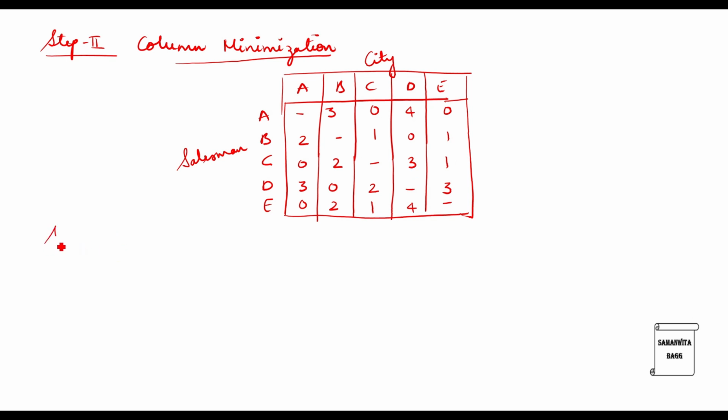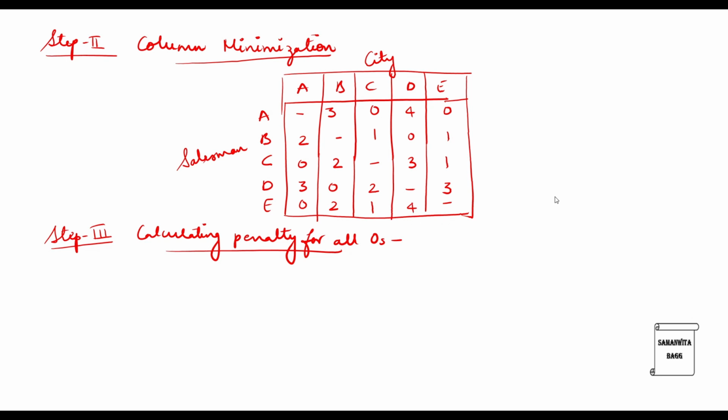Now we will go for step 3. This is something which is specific to the traveling salesman problem, because steps 1 and 2 you have used in the other assignment problems as well. So I will be calculating the penalty value for all the zeros that are present. What I'm trying to do is calculate some penalty for these zeros.